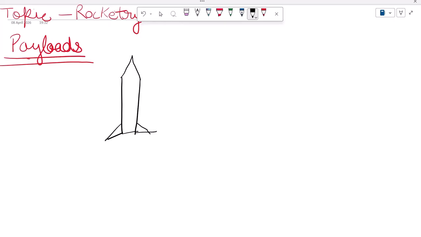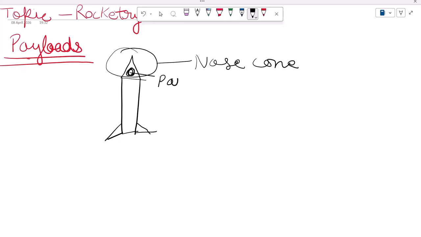This is called the nose cone. The payloads are placed in the nose cone. It's our payload. Payload can be a satellite,